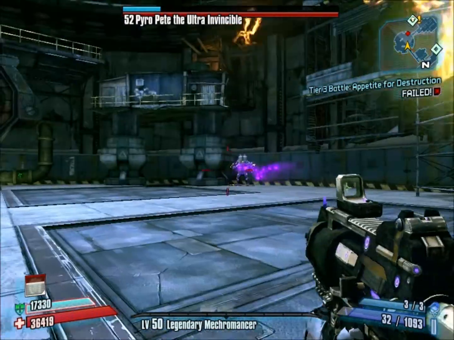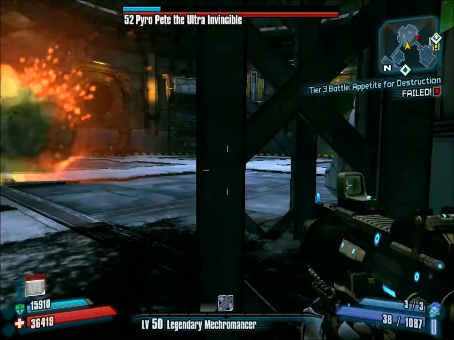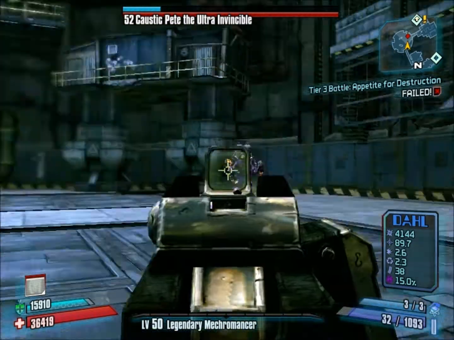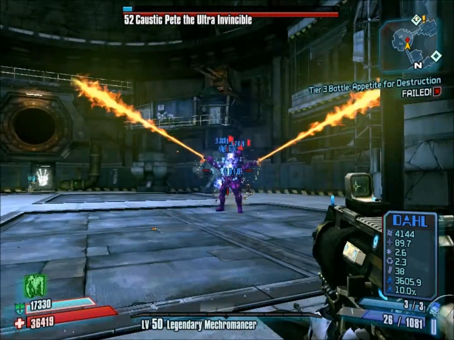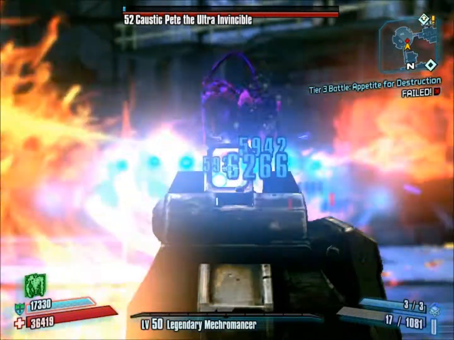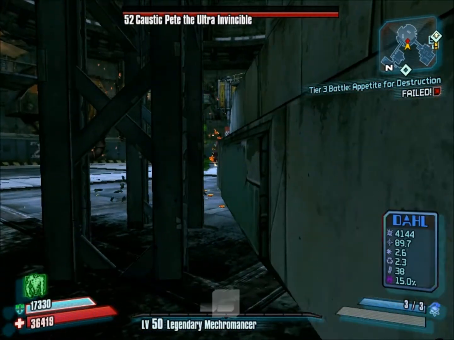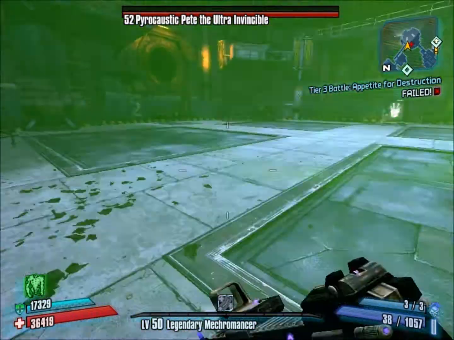Well, this isn't my exact strategy because I usually don't have a Conference Call out and hide. But my main strategy is just to slag him and then unload on him with whatever Sandhawk is really good against him. And you probably all know by now, the Sandhawk is really good against the Invincibles, because